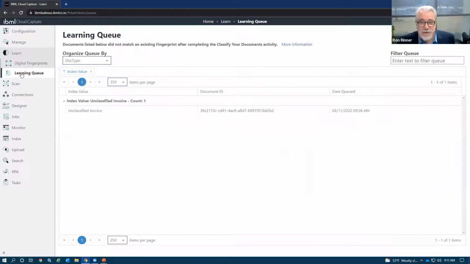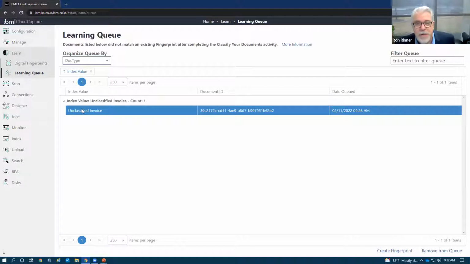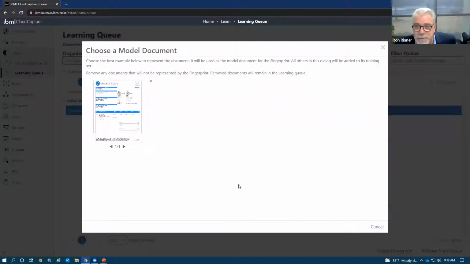But if I'm an AP clerk sitting down, drinking my coffee, doing my day-to-day, I'm going to drop a set of invoices in, let those process, and then when they're done processing, I may have something present here inside of the learning queue. So here I have an unclassified invoice. I'm going to go ahead and hit Create Fingerprint. I know from taking a glance at it that this is a CLEs.